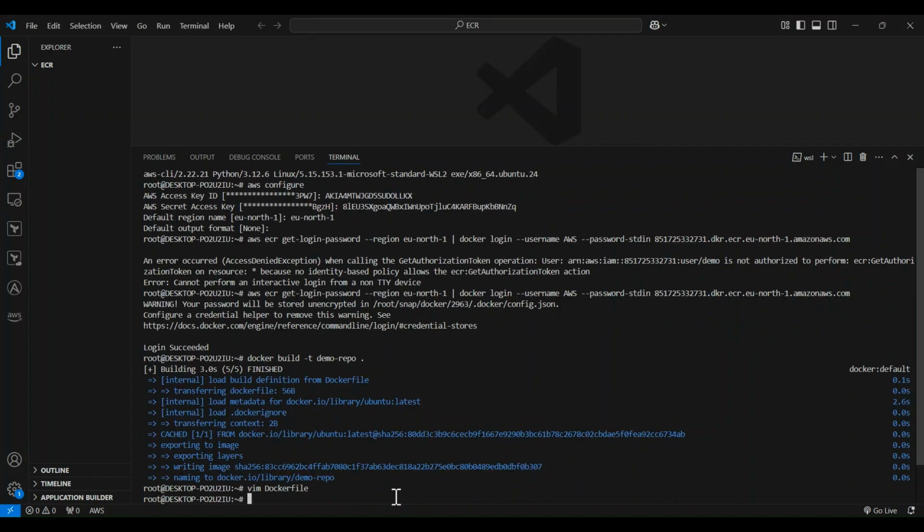So what happens when you run the command? Docker reads the Docker file. It copies the files specified in the Docker file. It installs dependencies and sets up the environment inside the image. Finally, it saves the resulting image in your local Docker image repository. So the next command that we have is